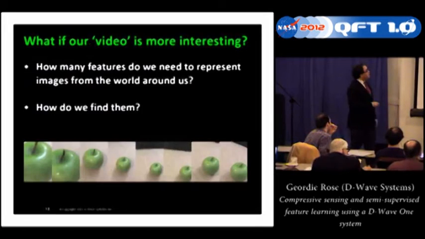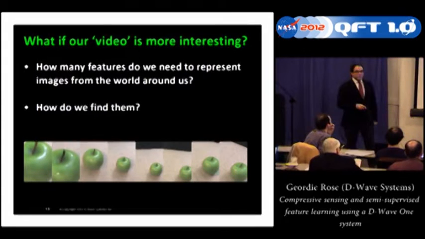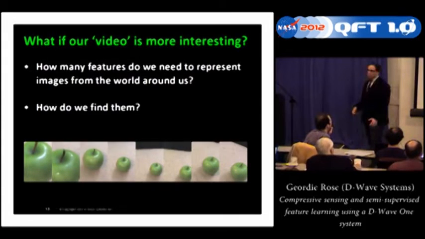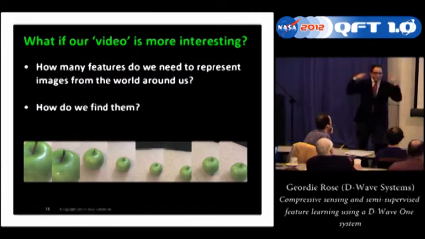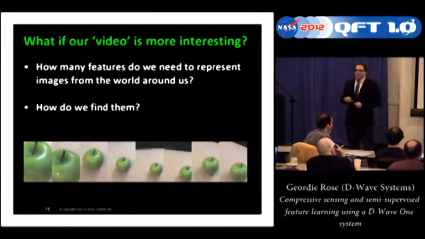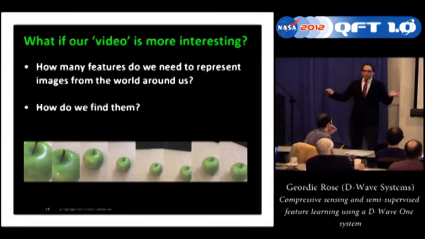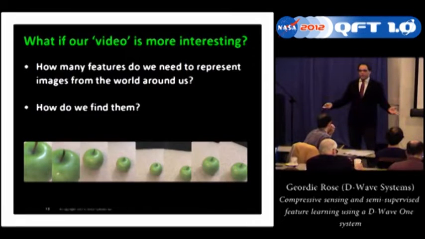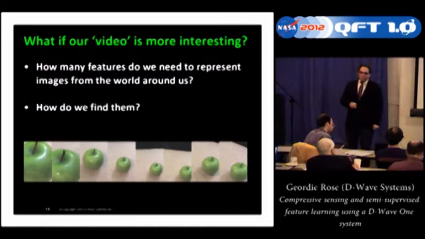So now I'm going to make it a little bit more interesting. When we look at the world around us, we have constantly video streaming into our brains somehow. Or if you have a big movie, you've got a bunch of frames. Maybe if you're talking about big data sets, it could be billions of images. So the question I'm going to ask is,